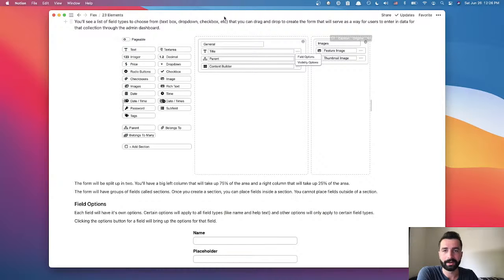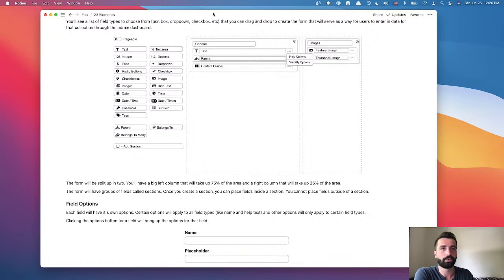So my goal now, instead of trying to build this whole system and then figuring out if it's going to work, is to build something maybe simpler, that doesn't have all the different field types, but that I can use to build an entire website.